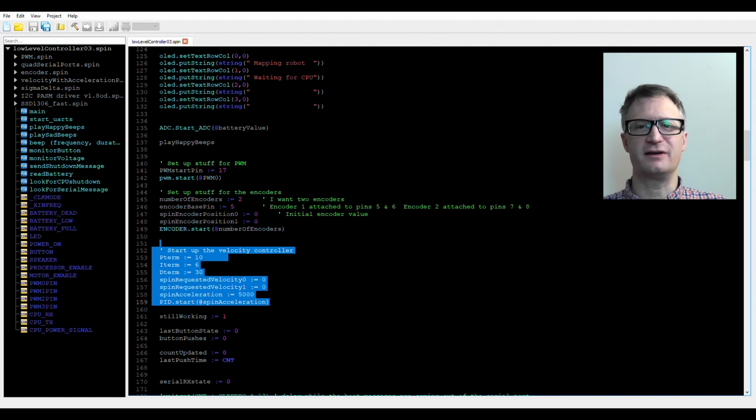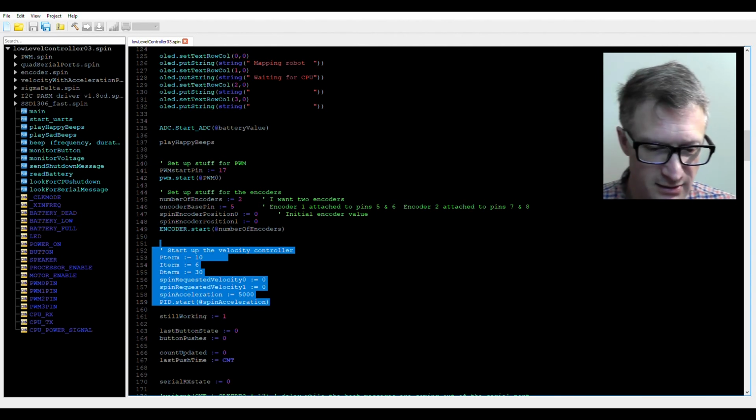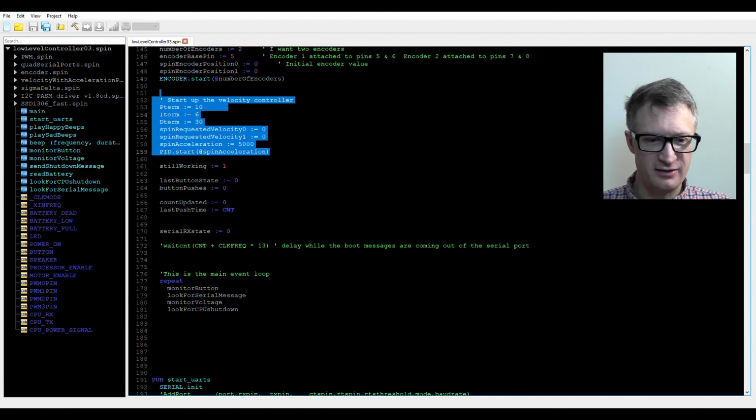The velocity controller is actually at its heart a positional controller. It's just that I am adjusting the position rapidly to achieve the velocity with acceleration. So it's a PID positional controller at its heart. And PID stands for proportional integral differential control, and it's a common strategy used for driving motors, if not the most common. These are some variables here that are used